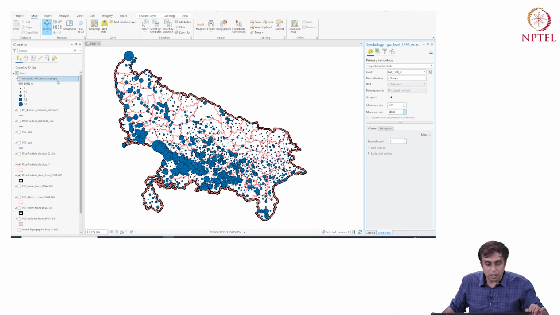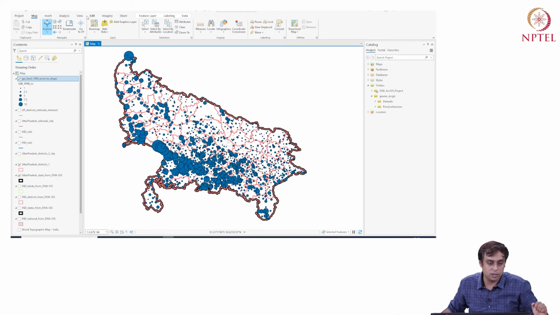All right, so I have done some symbology and visualized this data. Now I may have a query that I want to learn about average groundwater level inside a particular district or across all districts. So what do I do? Well, I transport my knowledge from how I intersected the line feature with the polygon feature. I'm going to do the same. I'm going to go to geoprocessing.